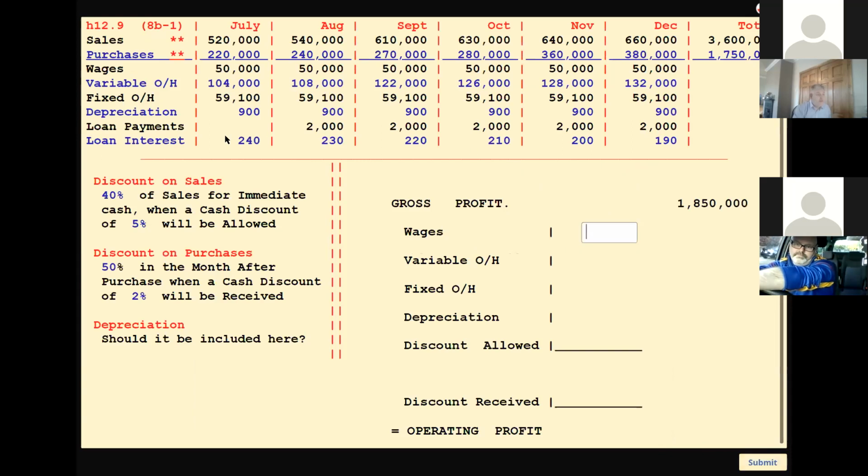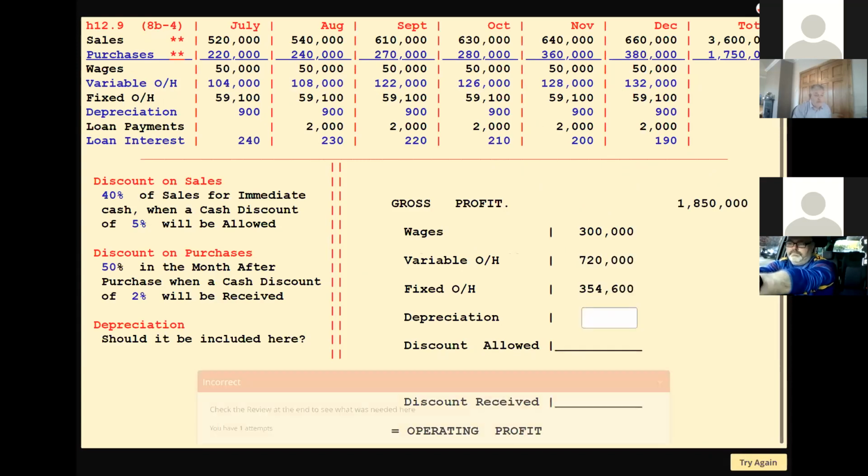And then I just change the colors. All of these are the figures from the previous things, and it gives them a chance to go through them. Most of them are fairly straightforward. They'll probably have difficulty with the discount allowed and the discount received, but even if they just get down to the point where they're working out those ones,